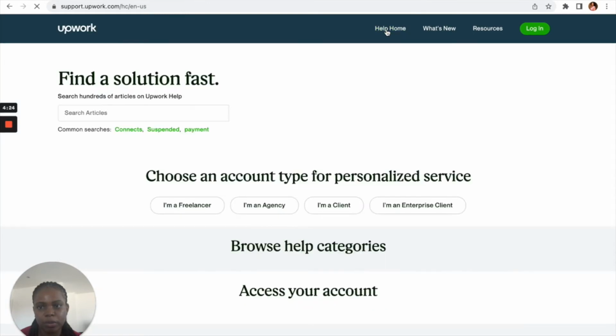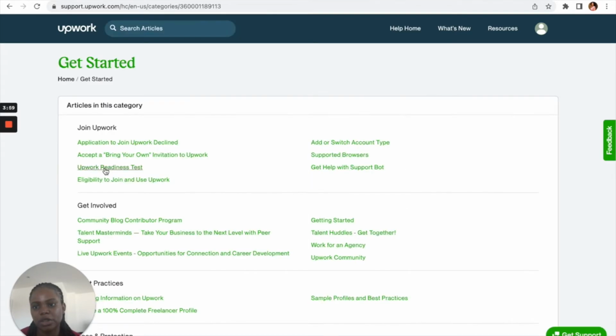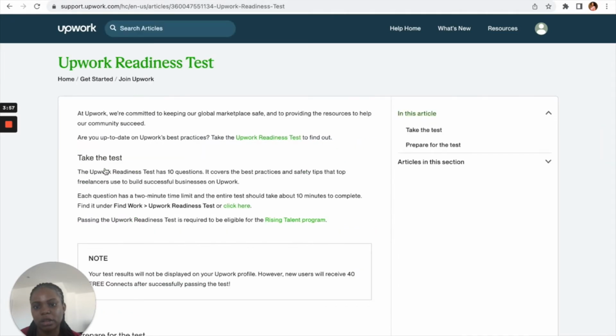Help. It brings out different kinds of things you need to read and know about Upwork. But right now we want to answer the Upwork Readiness Test. So you go to Get Started, and then you just click on Upwork Readiness Test. It tells you things about the test. Now to take the test, you click here